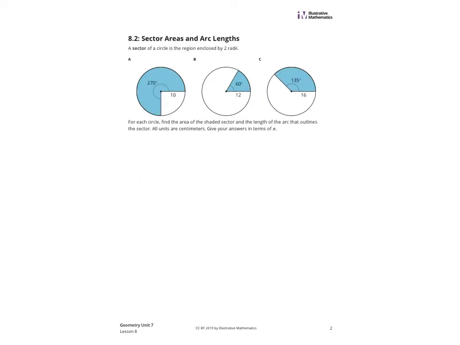So let's take a look at page 205 in your workbooks. On this page, we're going to be calculating both the area of the blue sectors. We're also going to be calculating the arc length. So we're going to find the blue shaded area, and we're also going to find the length of the arc that runs around that shaded area, a portion of the outside of my circle. So we're going to use two formulas for this. The first formula we're going to use is the formula for the area of a sector. So the area of a sector